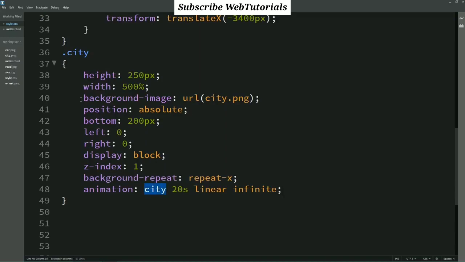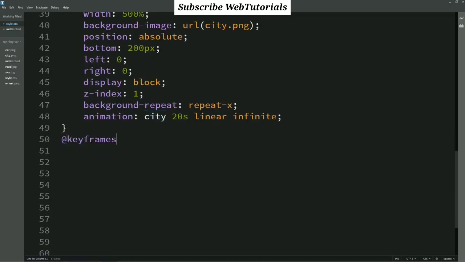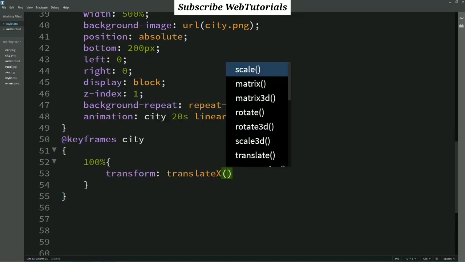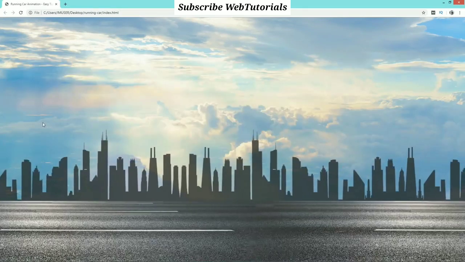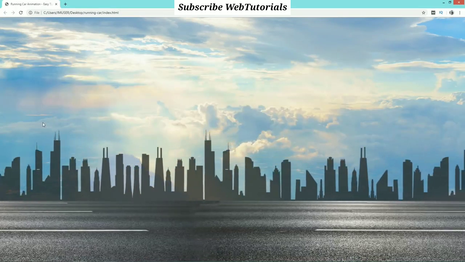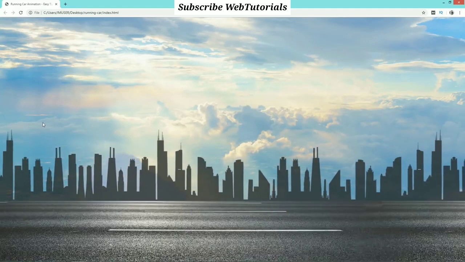Let's copy this city, then write keyframes. 100% transform translateX minus 1400 pixel. Again refresh the web page and you can see one city image and it is also moving towards left.